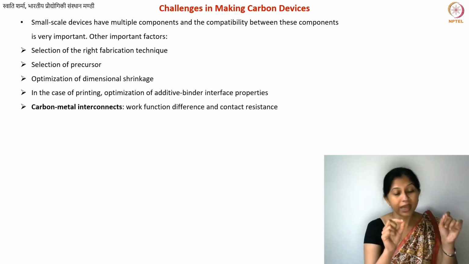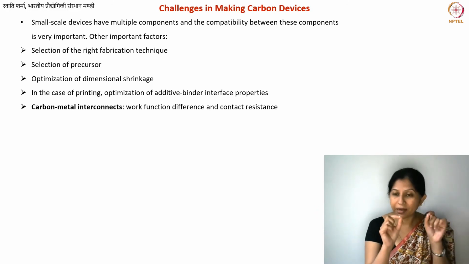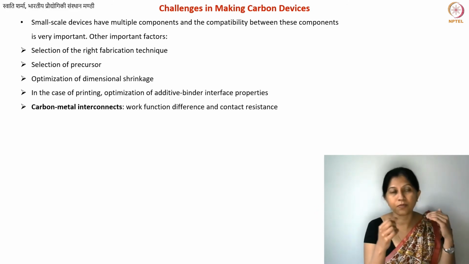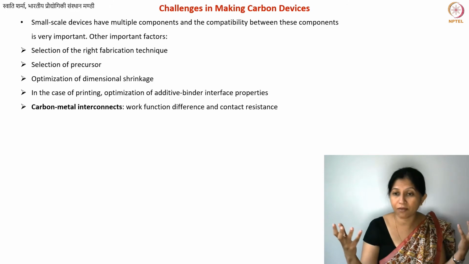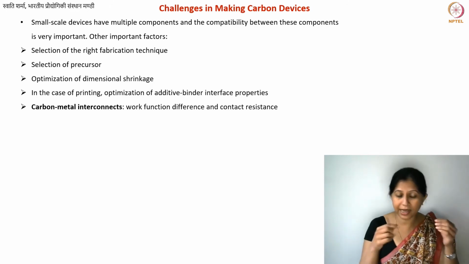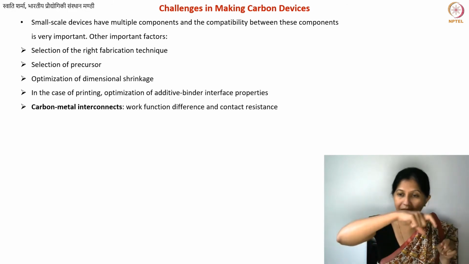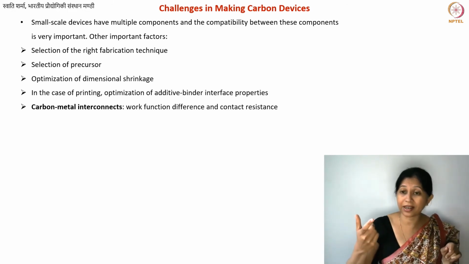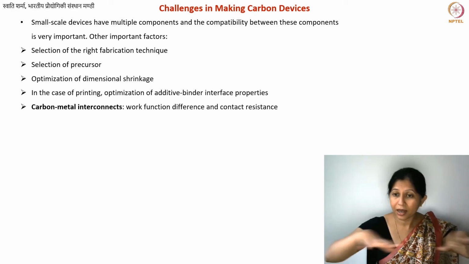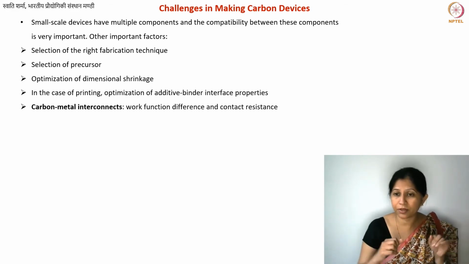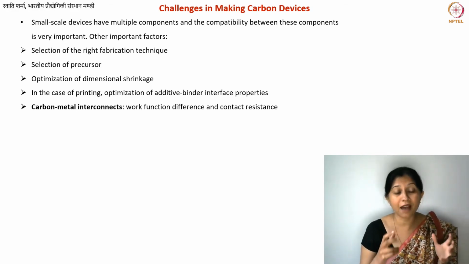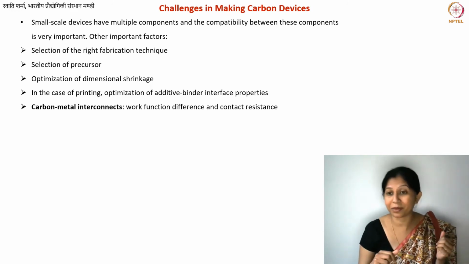But to make these circuits, now you will need some contact pads. In the large scale, you will have wires and cables. In the small scale, you may often have these flat electrodes, or even the wires are then printed on top of your credit card. These are printed metal, thin films of metals. So you will often have them in combination with the carbon materials.